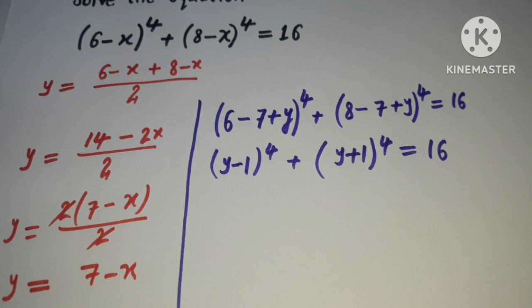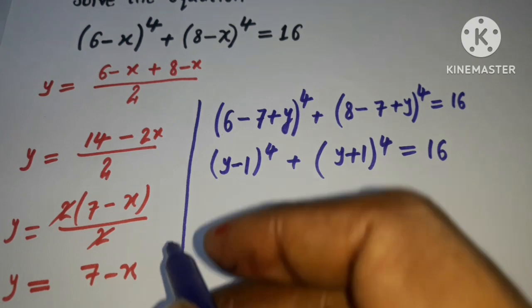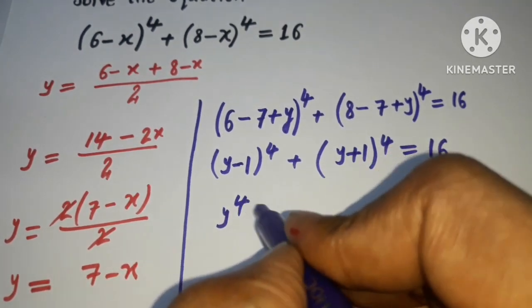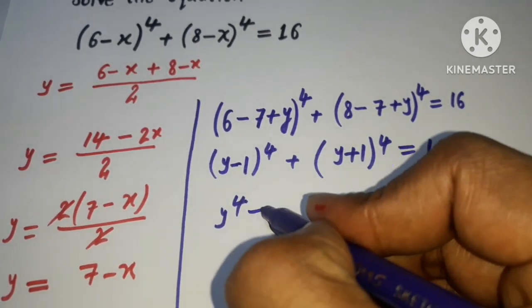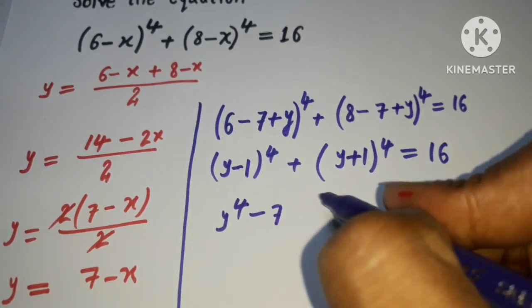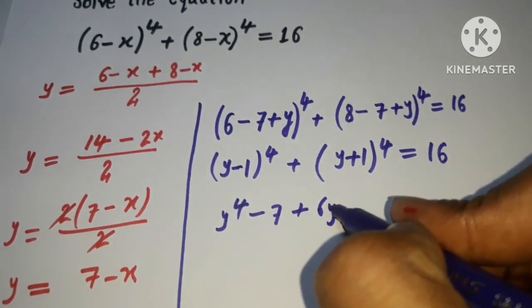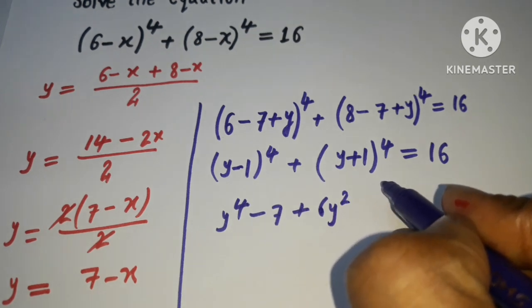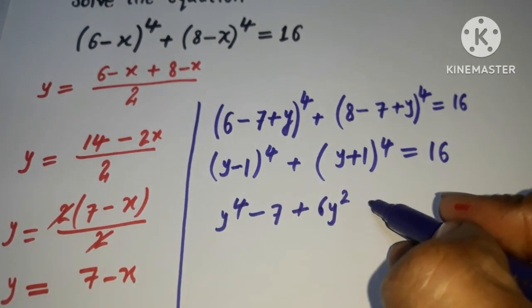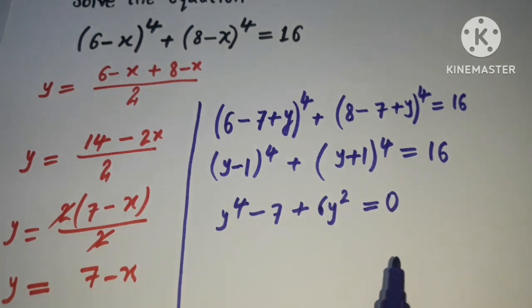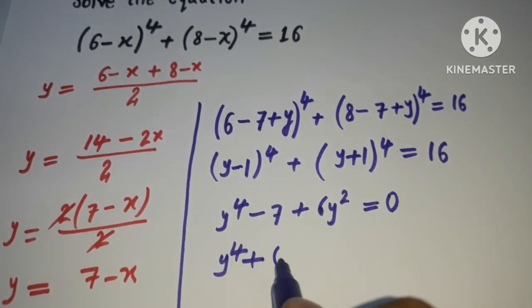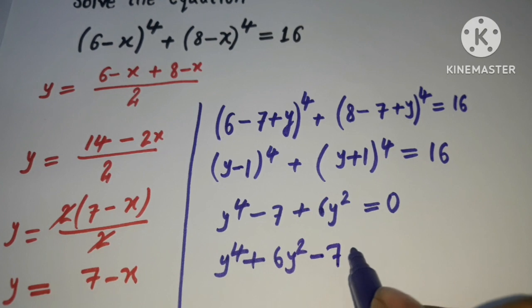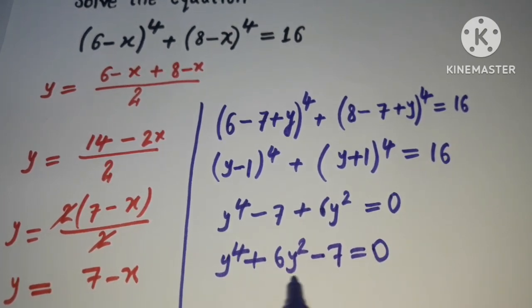Now this equation can be reduced to y^4 plus 6y^2 minus 7, and that is equal to 0 over here. I can solve this equation in this way. So here we have y^4 + 6y^2 − 7 = 0 over here,